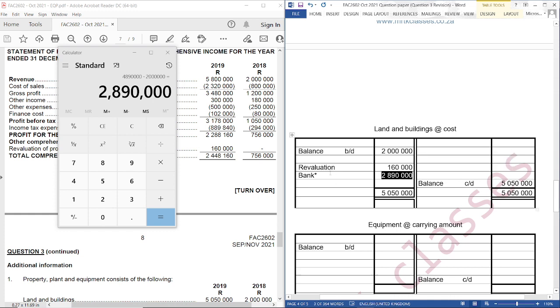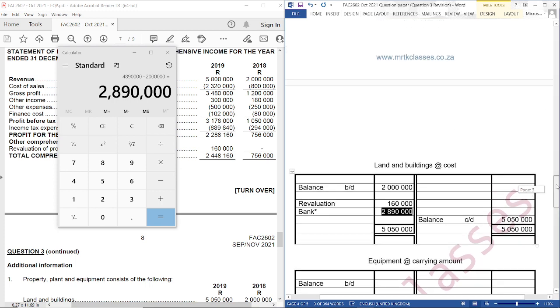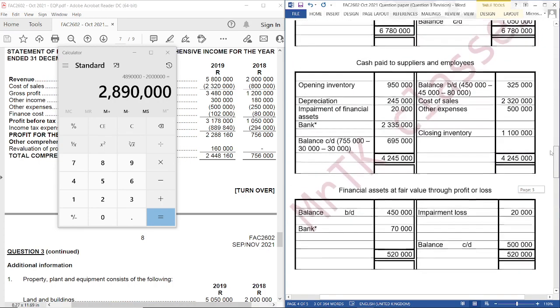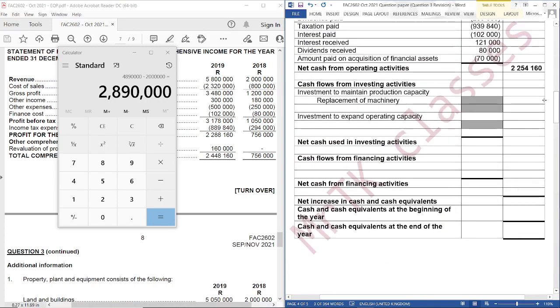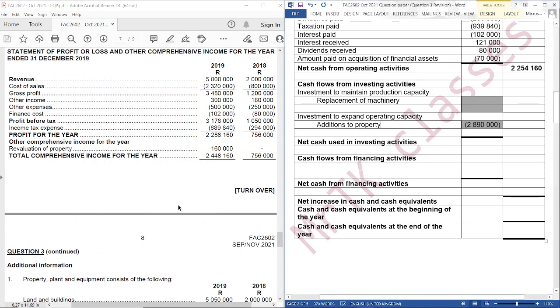This amount will be on the credit side of our bank account, right? So let us take that, right? This is what was paid, right? So we are going to say additions to property. Okay,